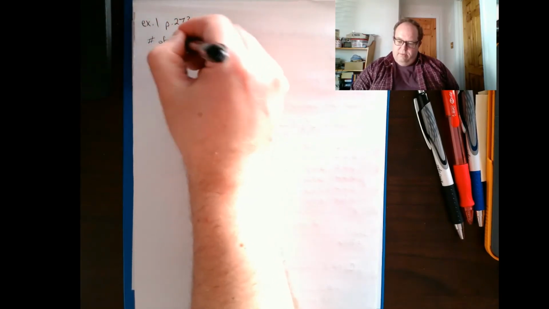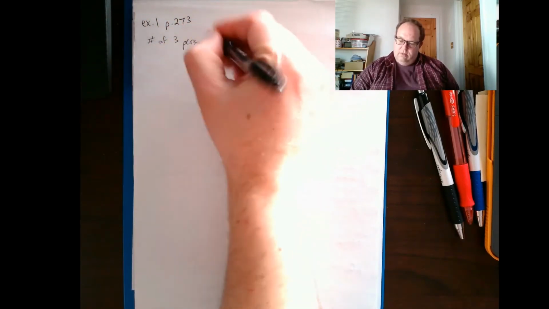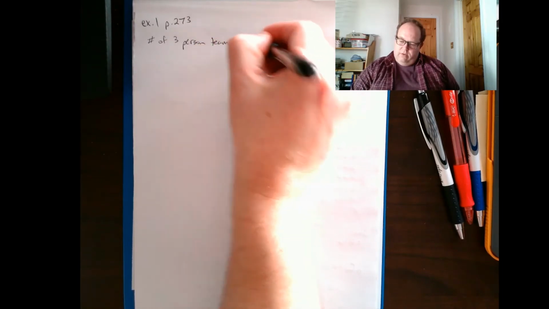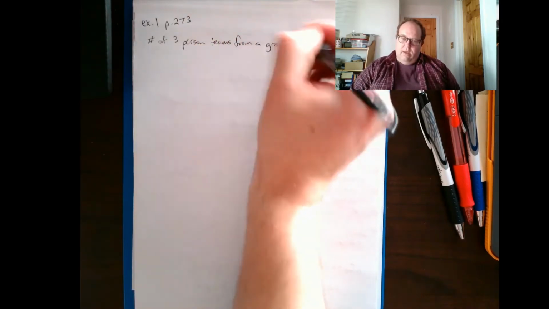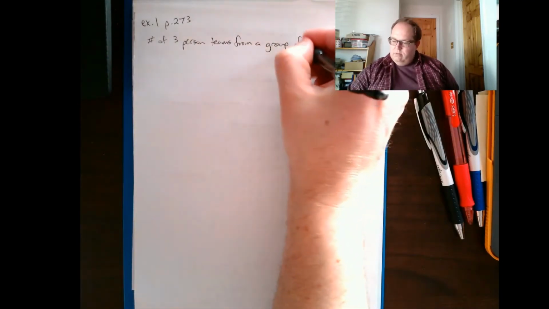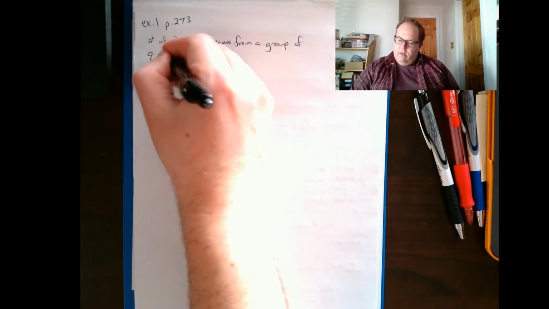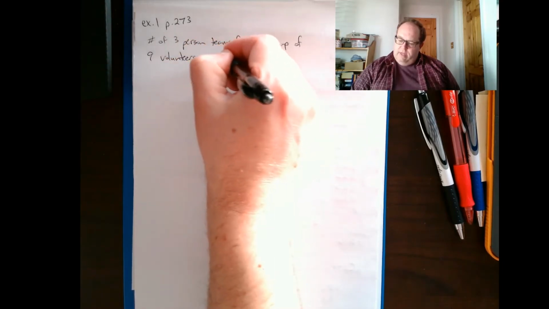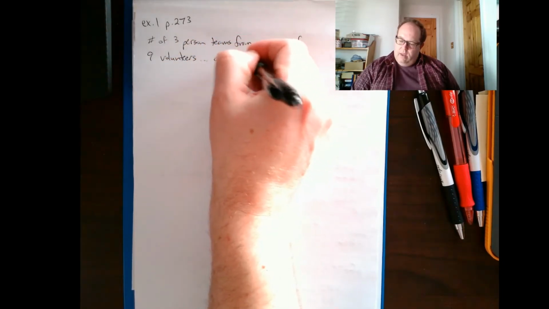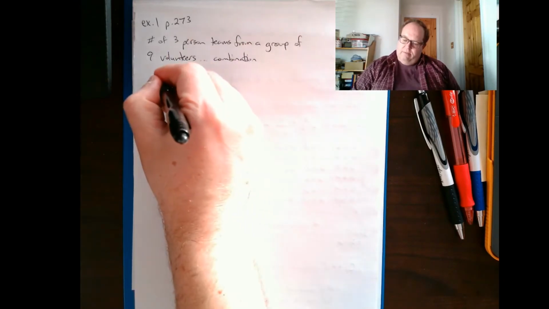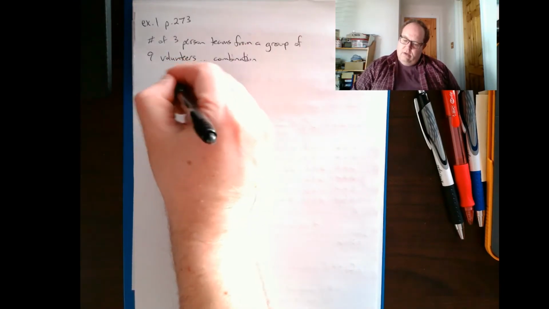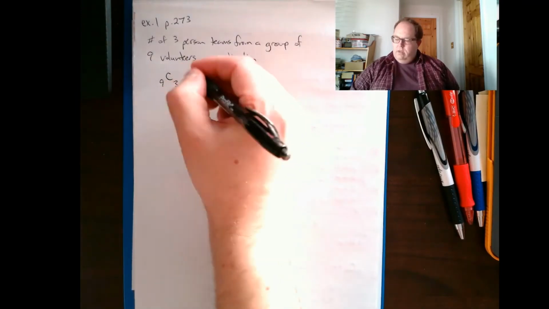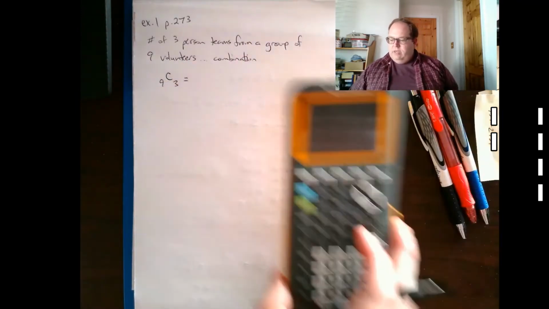Number of 3-person teams from a group of 9 volunteers is a combination, and specifically I want the number of combinations of a group of 3 out of a group of 9. Your calculator does have this option on it,